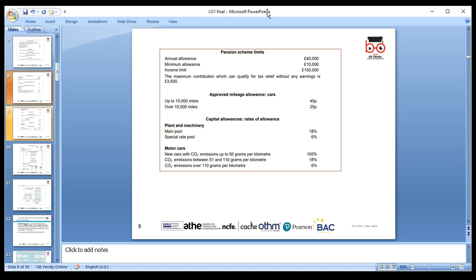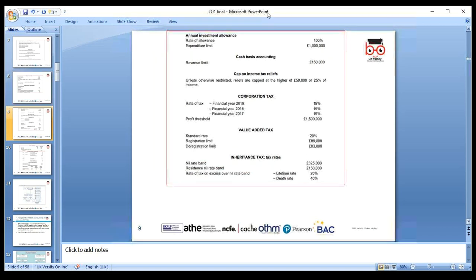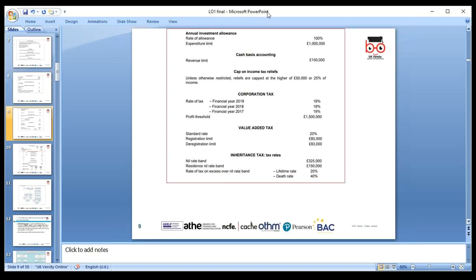A little bit different. Yes, they can do self-assessment as well. Okay, then next we have annual investment allowance. Yes, different sector. Those we need to look around. Cash basis accounting. In the corporation tax we have a 19% rate, and value added tax which will go through